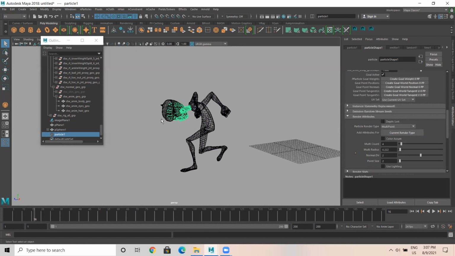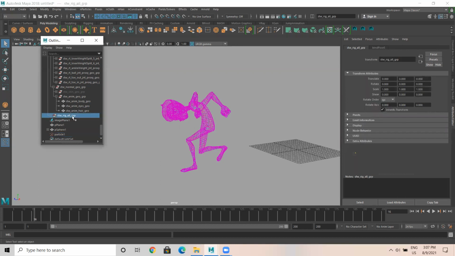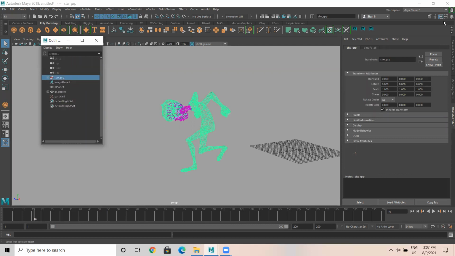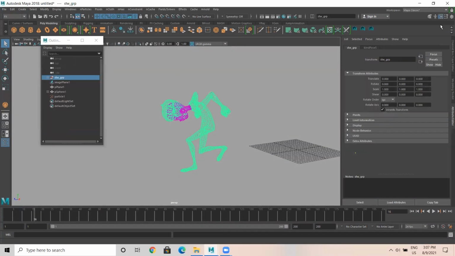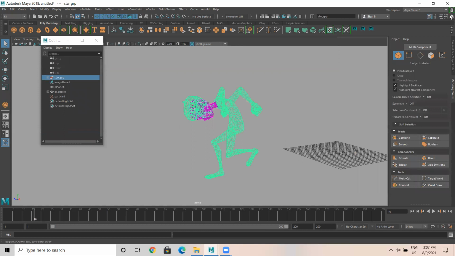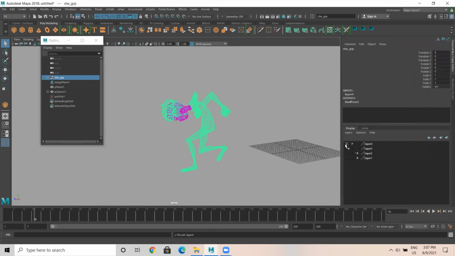Okay. So I would like to hide that also. Add it in a layer, hide it.